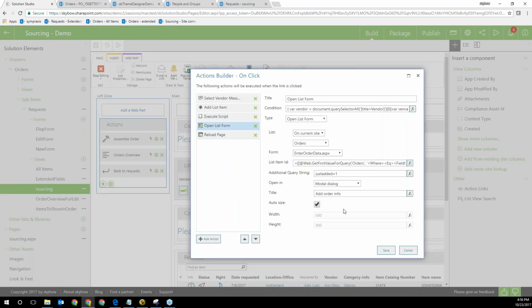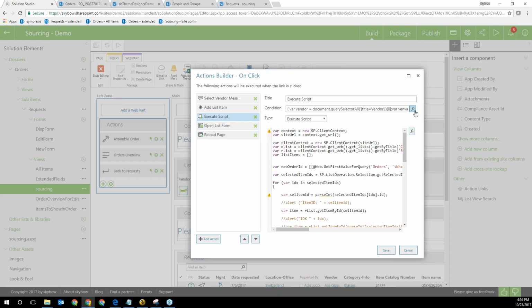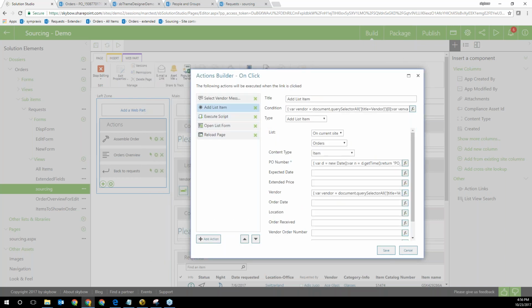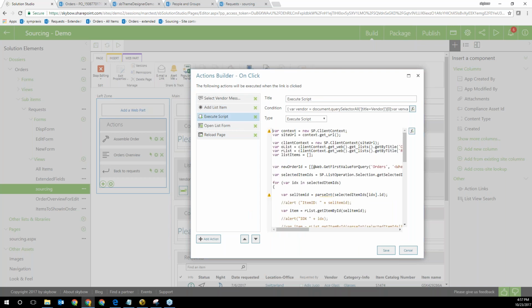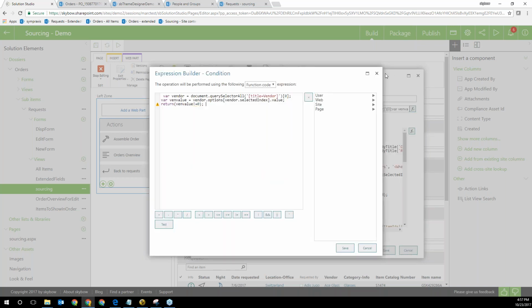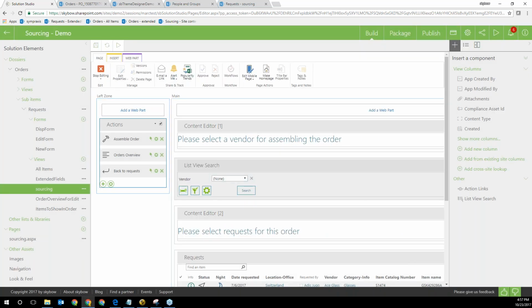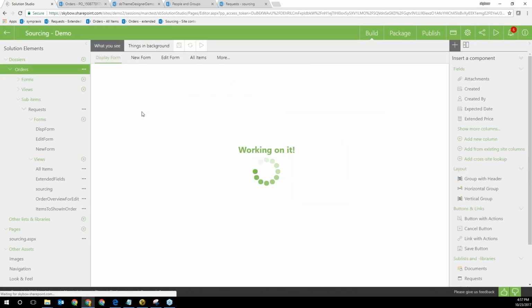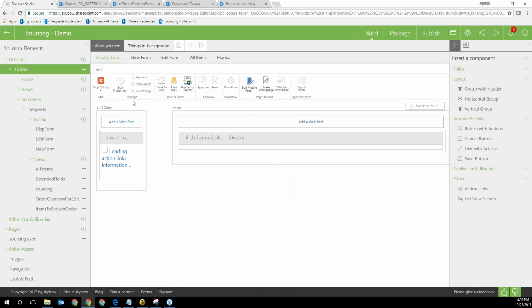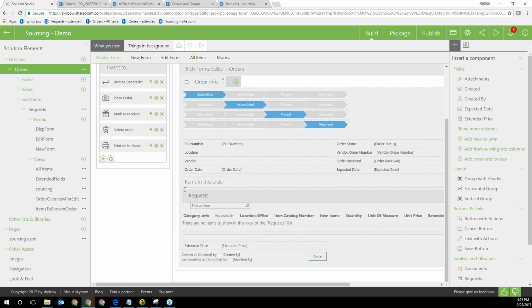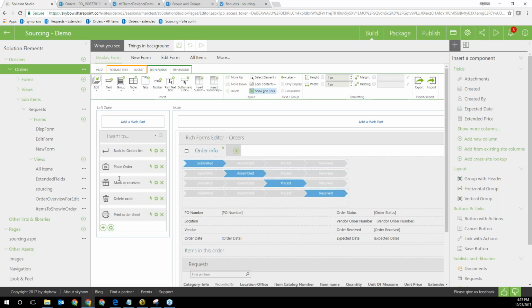After that, we just open a form where the user needs to confirm a few pieces of information and reload the page. This part of code here, executing this script, is actually the most complex piece of code we have here. I will just shortly go to orders because we are slowly running out of time, and I want to leave a few minutes for questions.